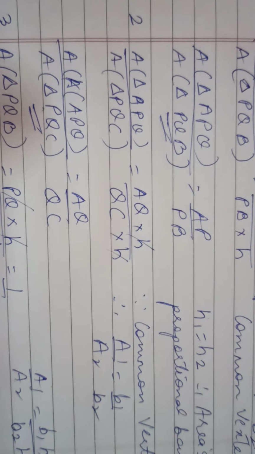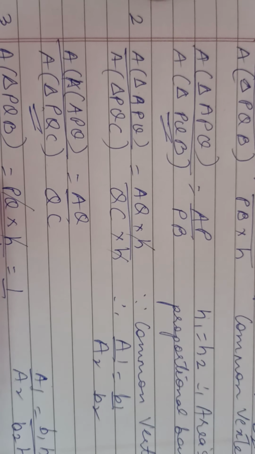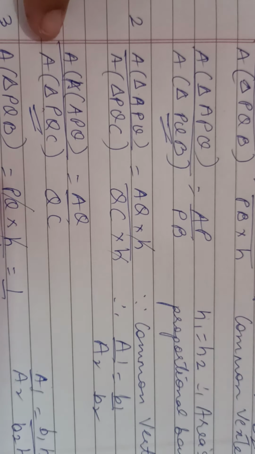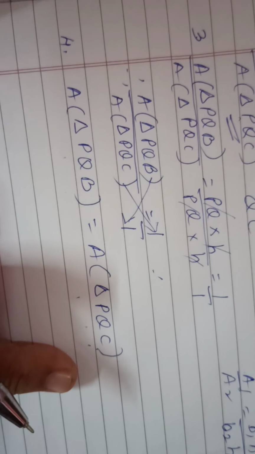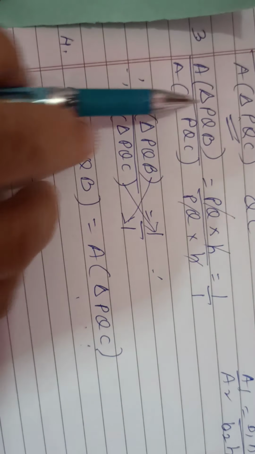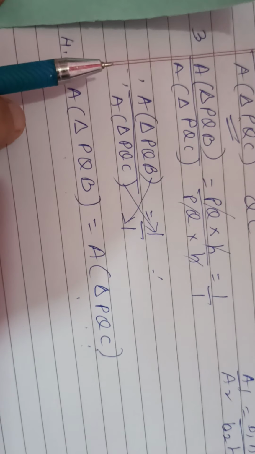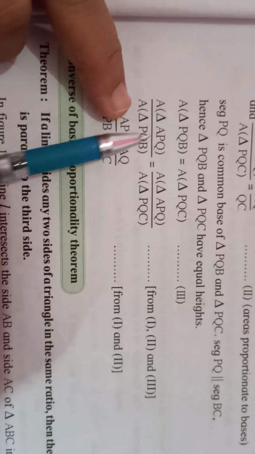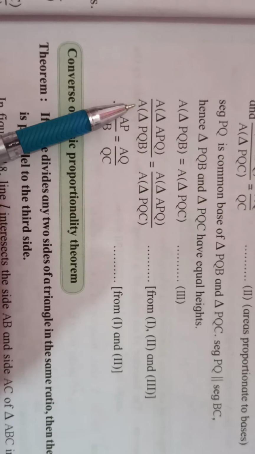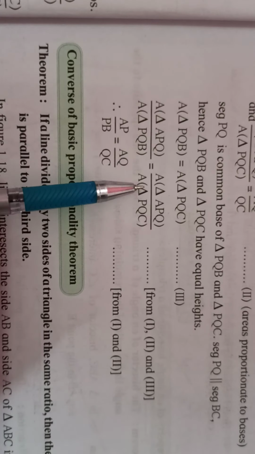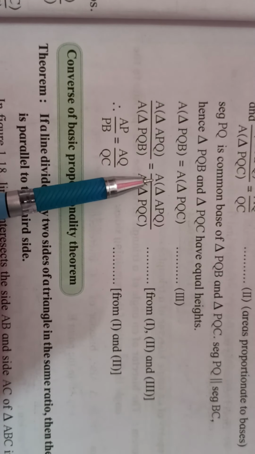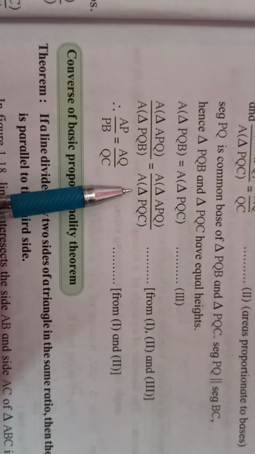Okay, so this is our fourth statement. If we substitute statement 1 or 2, in statement 1, if I substitute PQB as PQC, or in PQC, we can substitute it as PQB. So when we substitute, we get area of triangle APQ upon area of triangle PQB. This we have written first equation is equal to the second equation, that is area of triangle APQ upon PQC.